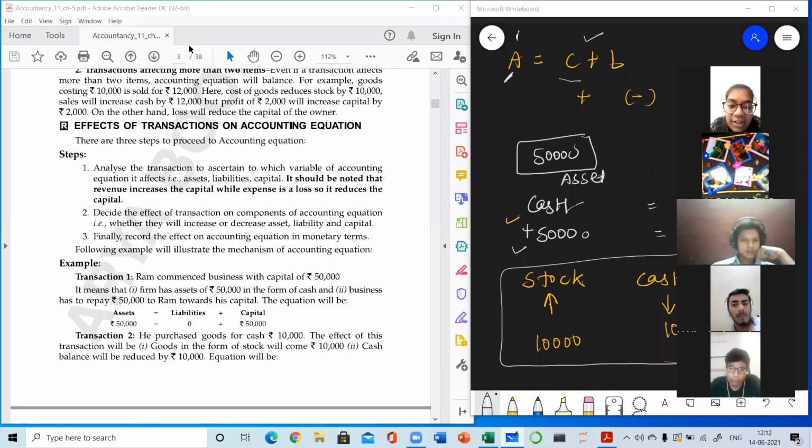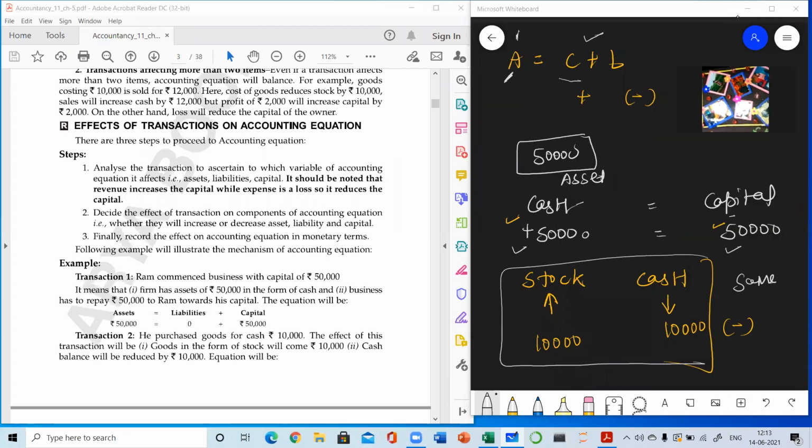Ma'am, both sided effect will be there because, ma'am, credit is a liability. Yes, both side effect will be there. Can't you speak in English, Navya? Yes, ma'am. Ma'am, there will be both sided effect because credit is a liability. So how will the both sided effect be there? On one hand side, creditors will be increased. And on the other hand side, asset will increase. Very good. Stock will increase. So this will be the example of both side effect.